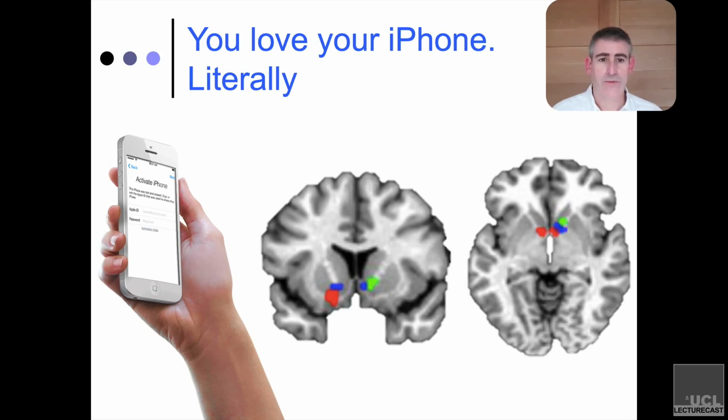Ventral striatum is part of your brain's reward network. It's where dopaminergic neurons project up to prefrontal cortex and send reward signals. So there's abnormal brain structure and function in areas of the brain associated with reward. If that's the case with these crazy addicted iPhone users, we should see the same thing. We can put people who are spending crazy amounts of time with their iPhone into a scanner, show them pictures of iPhones, play sort of Apple-based sounds, and we should see abnormal patterns of activation in this part of their brain relative to a group of people who are not spending inordinate amounts of time with their iPhone.